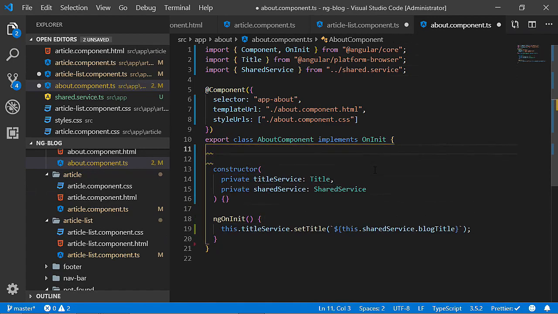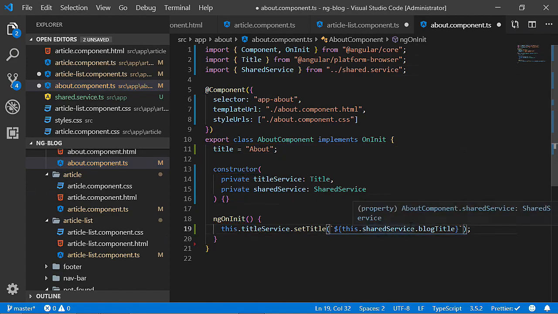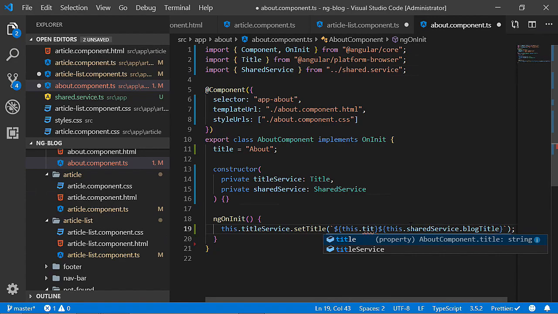So we add another variable for this component, and this is simply called about,